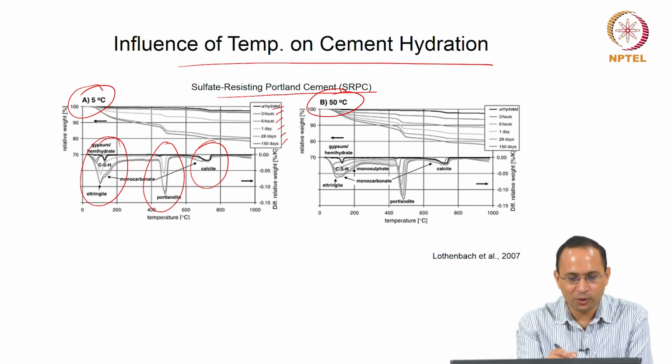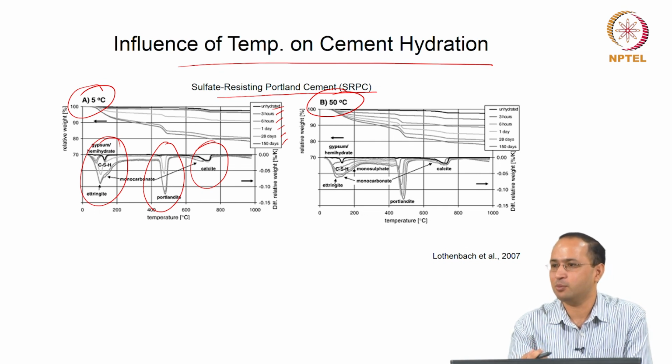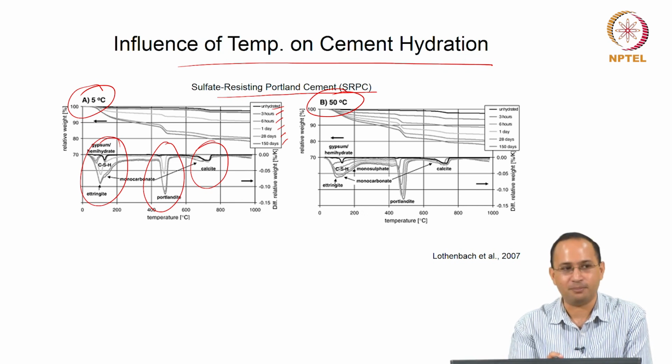See, you can also notice the size, right. The Portlandite peak initially is here, then it is increasing, because it is directly related to the amount. We are measuring the mass change. So, more mass change means more amount, right. So, you see the change in the peak. It can tell you how the hydration is progressing, what is increasing, what is decreasing, right. So, in this case you see an increase in Portlandite with time.